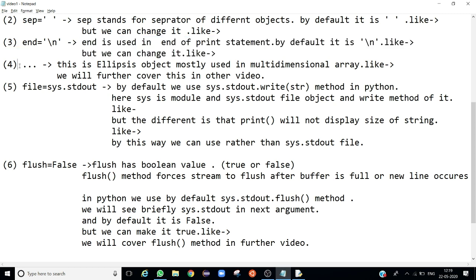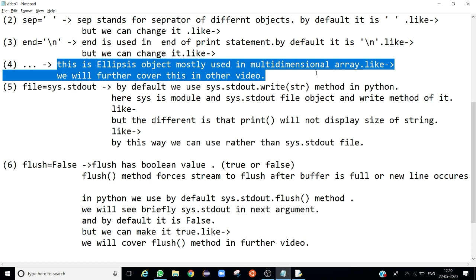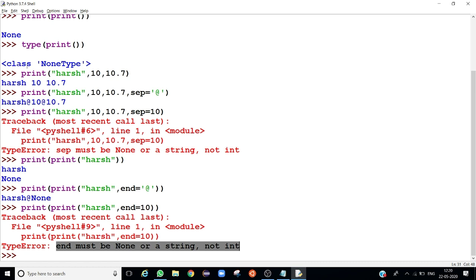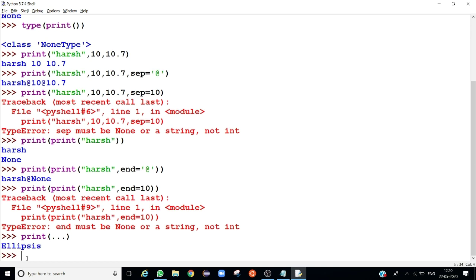The fourth argument of print is the ellipsis object. This is the ellipsis object, mostly used in multi-dimensional arrays. I will cover multi-dimensional arrays and the ellipsis object in a further video. Let me show you the ellipsis object. Print three dots and it will show you an ellipsis object.